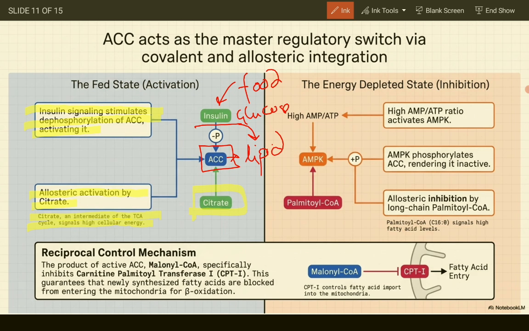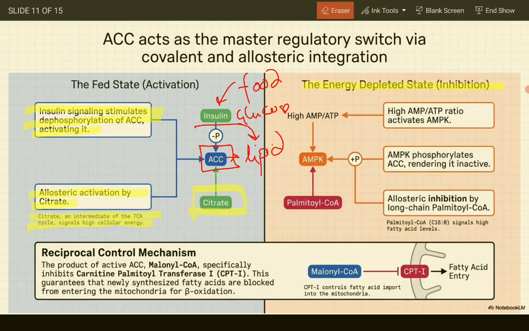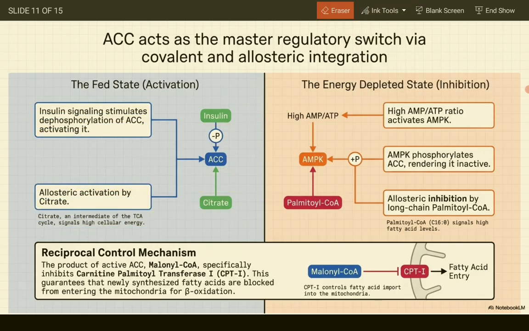Now there is another part of the story, that is the energy depleted state, which leads to inhibition. In case you haven't eaten, what if you haven't eaten anything? You are in a fasting state. There is no ATP inside the body, there is no energy inside the body. For example, there is a high AMP to ATP ratio, there is high AMP and low ATP, which means there is low energy inside the body. In that case, AMPK, that is